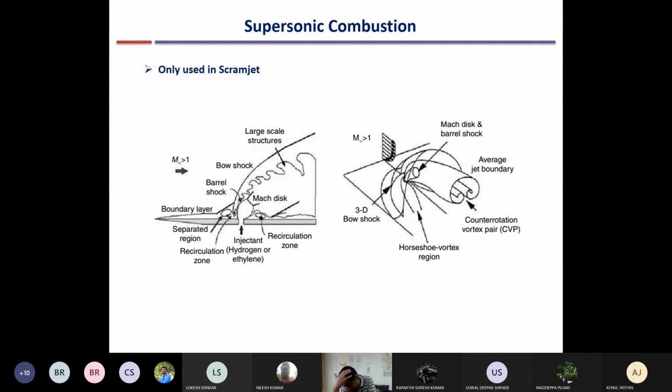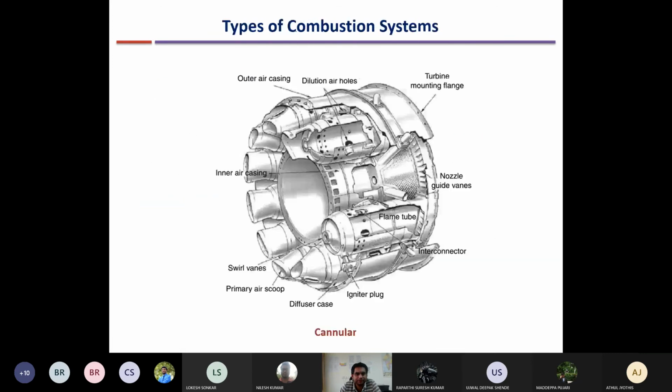So that's why scramjets are required. When I say scramjets, I mean supersonic combustion is essential at very high velocity. That's why scramjets have been conceptualized and designed, but only prototypes have been designed. It has not been mass produced. Small prototypes, unmanned vehicles have been used for test flights, as I have shown you previously.